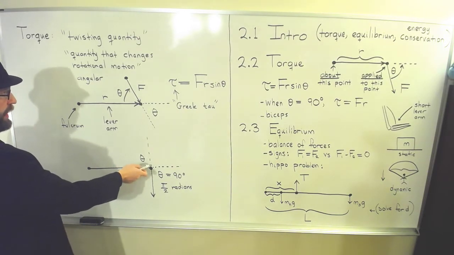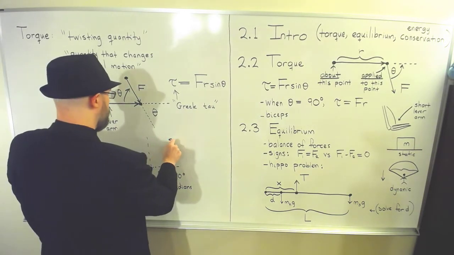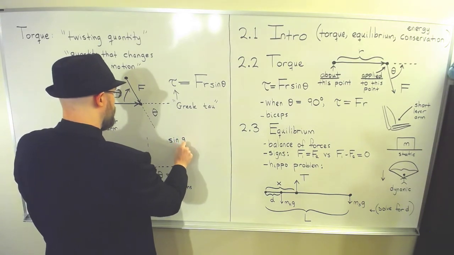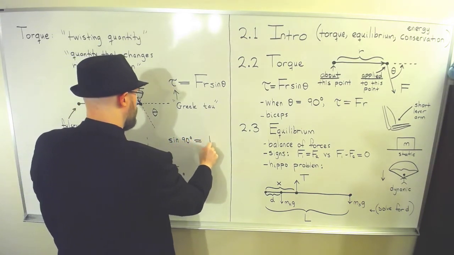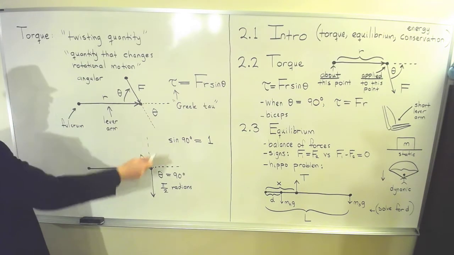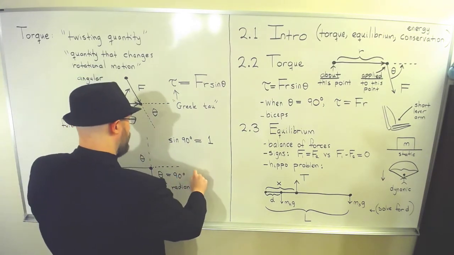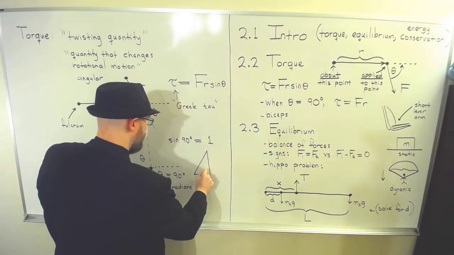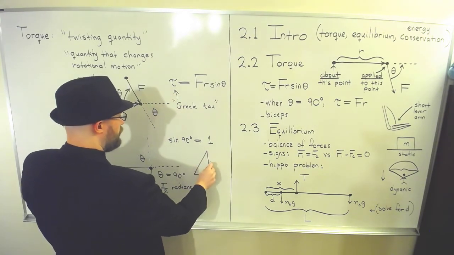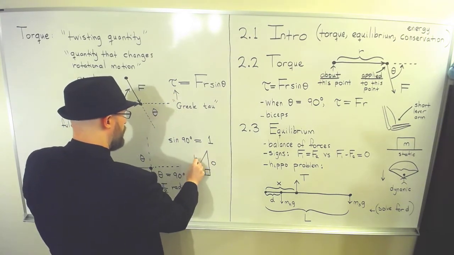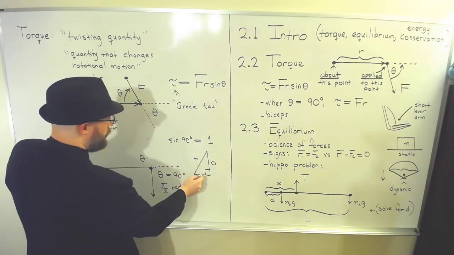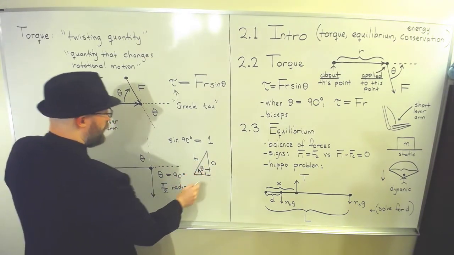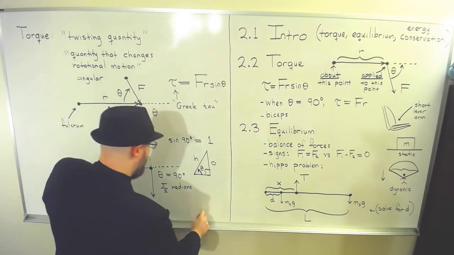So in this case, sine of 90 degrees is just 1. Now, remember, why is that the case? Say I have a right triangle that looks like this. Remember, the sine is the opposite over the hypotenuse. Well, as this angle here, theta, gets closer and closer to 90 degrees,